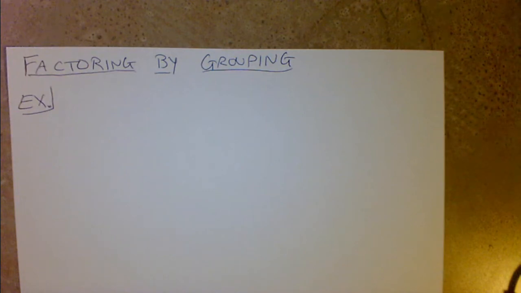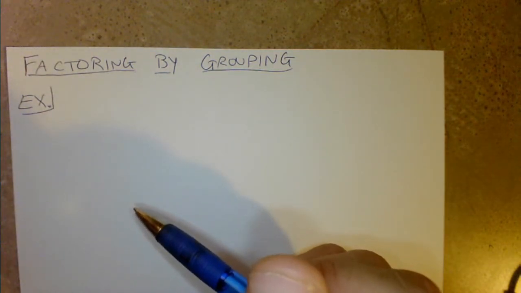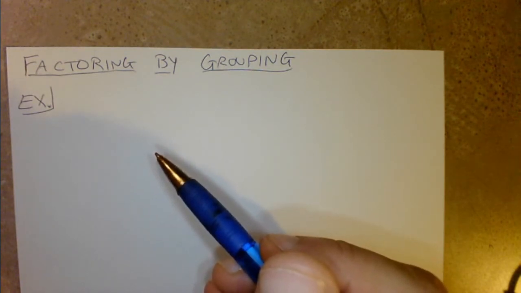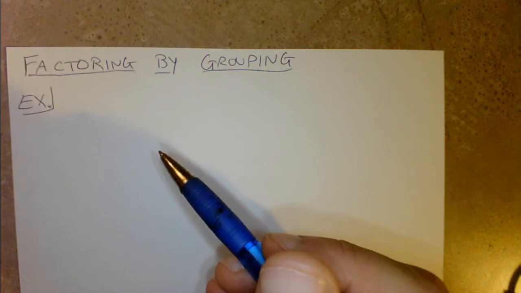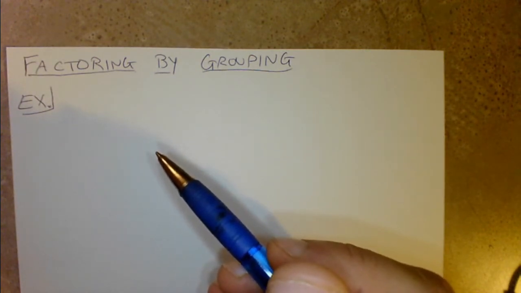We are going to learn about factoring by grouping today. This is a topic that I found many of my students have a tough time with. And I think the reason is because it's something that doesn't always work. And in math, we like things that always work. If you learn this process, if you do something, it should always work, right? And when it sometimes does it, but sometimes doesn't, I know students have a hard time with